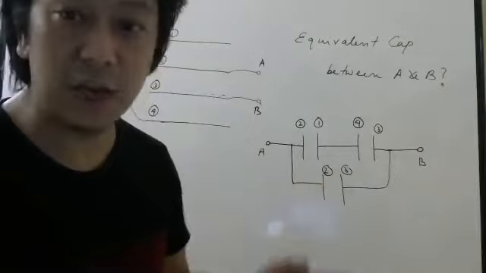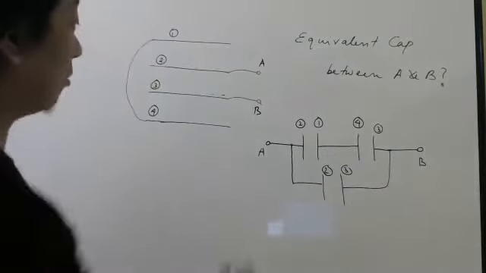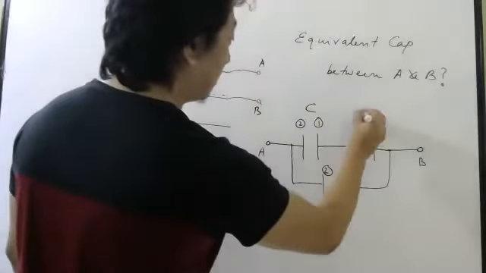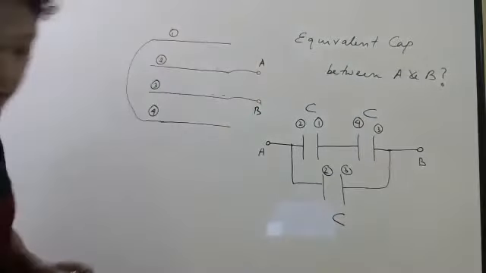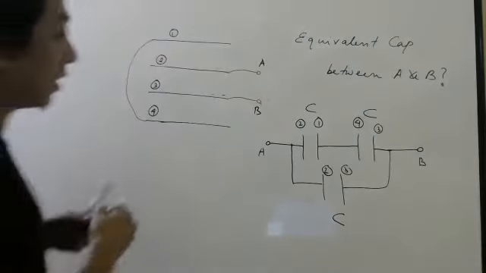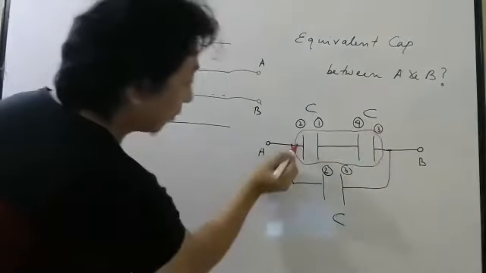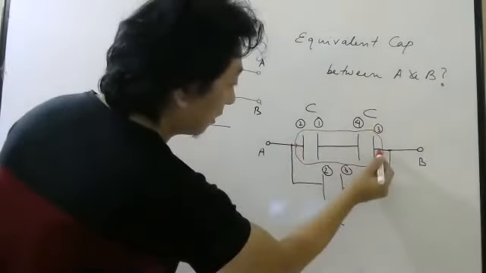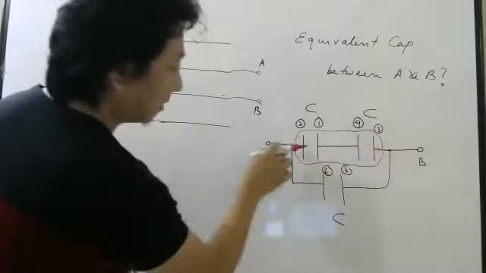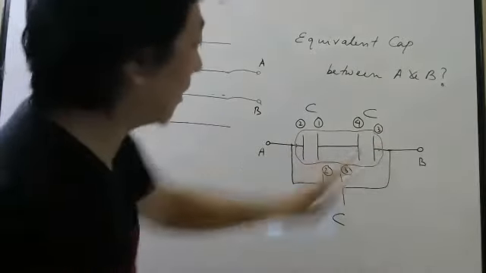Once you have done this, now it is very easy. So now the capacitance of this is C, this is C, this is C. So if you look carefully, these two are in what? These two are in series, no? If you go from this terminal to this terminal, there is no junction. There is no junction. So these two are in series.